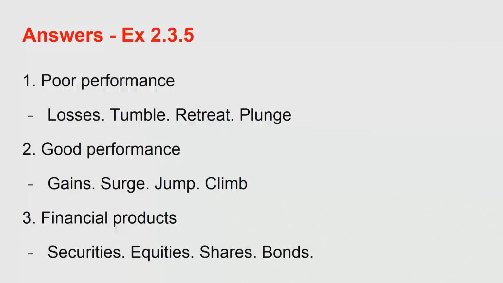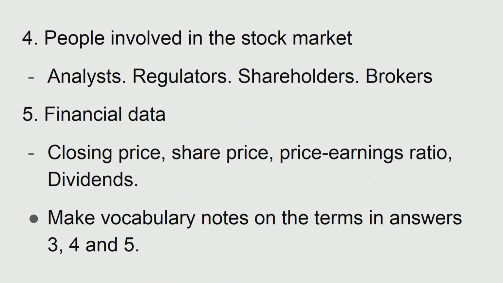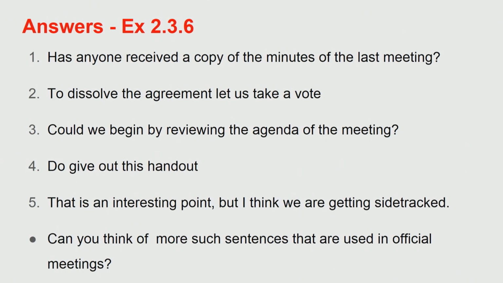Next one, poor performance is losses. These are the headings and columns. Losses, tumble, retreat, plunge. Good performance: gain, surge, jump, climb. Financial products: securities, equities, shares, bonds. People involved in the stock market: analysts, regulators, shareholders, brokers. Financial data: closing price, share price, price earnings ratio, dividends. And then